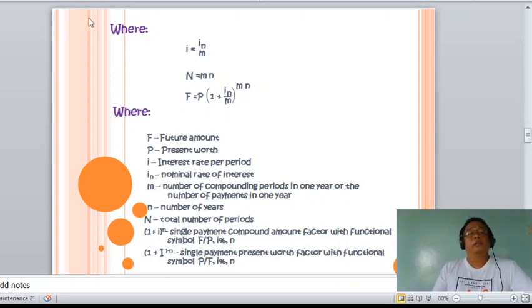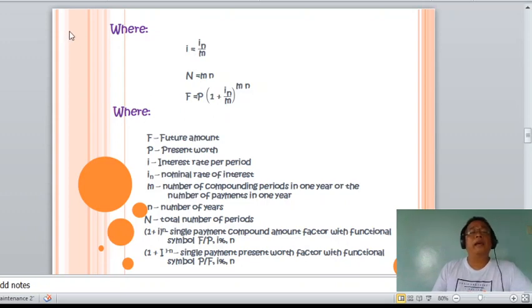Okay, so the number of compounding periods, this is sometimes compounded annually or yearly or per annum. Sometimes it is compounded quarterly, sometimes semi-annually, monthly, bi-monthly, or whatsoever. So that is why